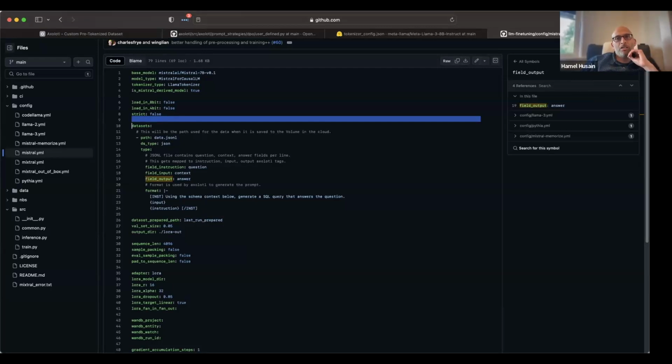I think I have to try it. I ignore all this stuff because I'm usually fine-tuning base models. I just use one format all the time because I don't care. It's my model, it's my template at that point, and there's no previous format that I have to worry about.